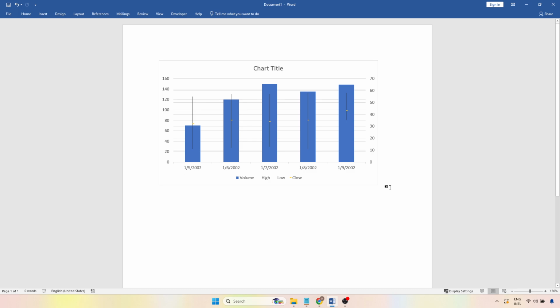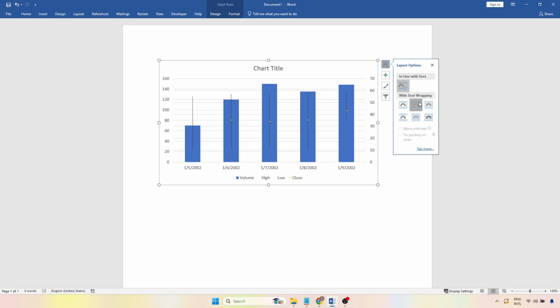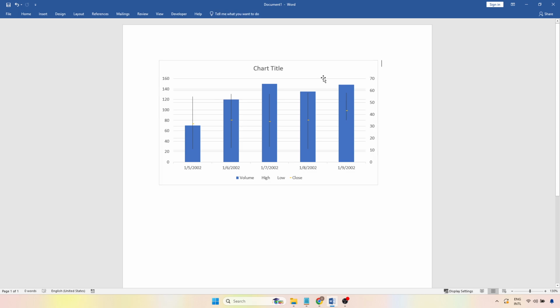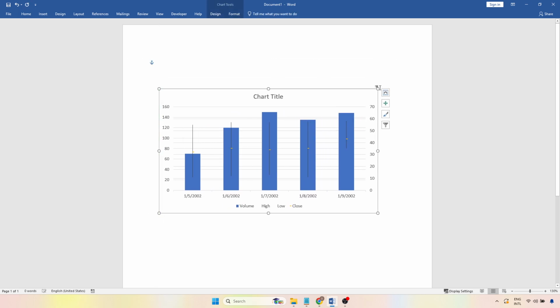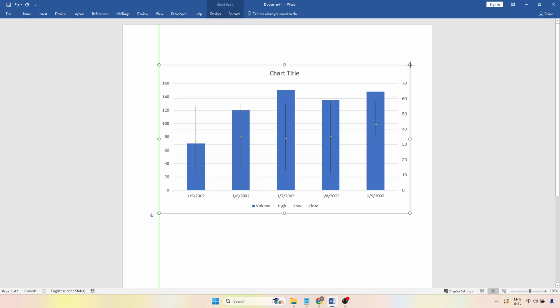You can move and resize the stock chart by clicking on it to select. Use the handles on the edges or corners to adjust its size, and drag it to reposition it anywhere on the page. To control how the chart interacts with surrounding text, click the Layout Options icon and select your preferred